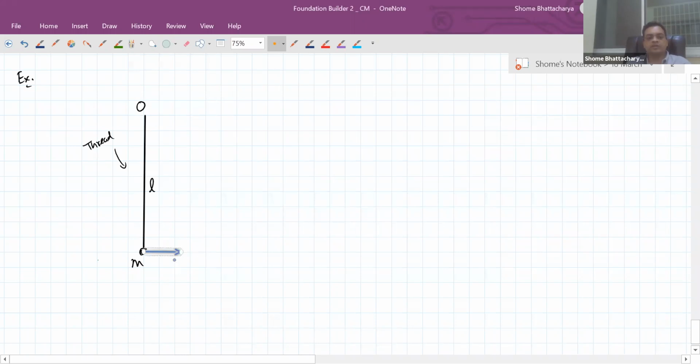At the lowest point, it's given the speed v naught. The length of the thread is 10 meters, g is 10 meters per second square, and the mass of the particle is 50 grams. You have to find